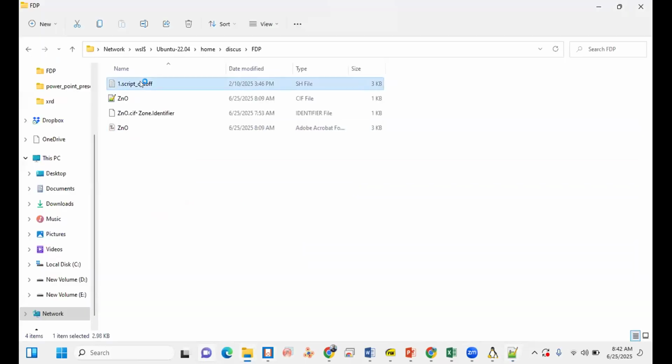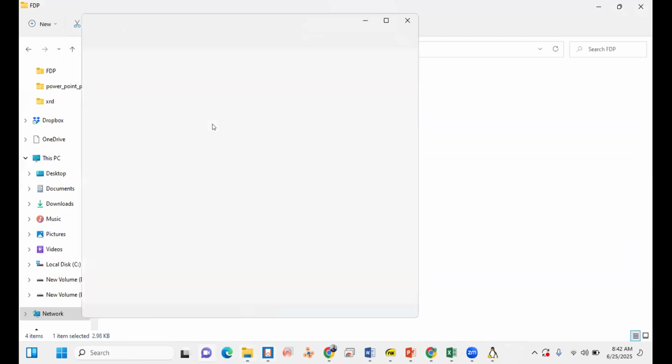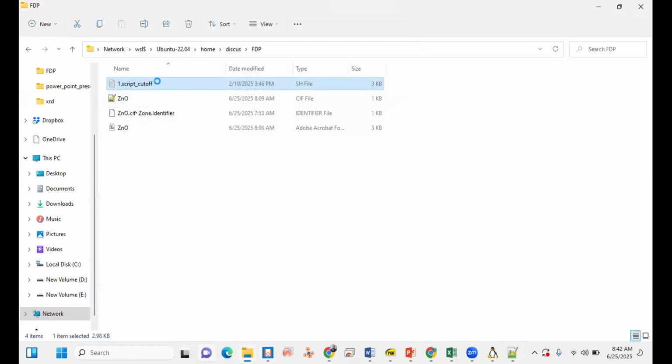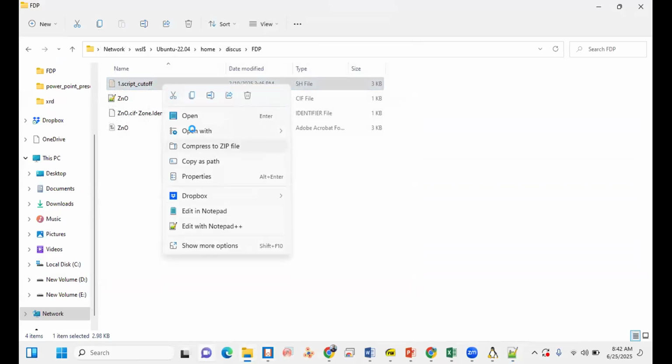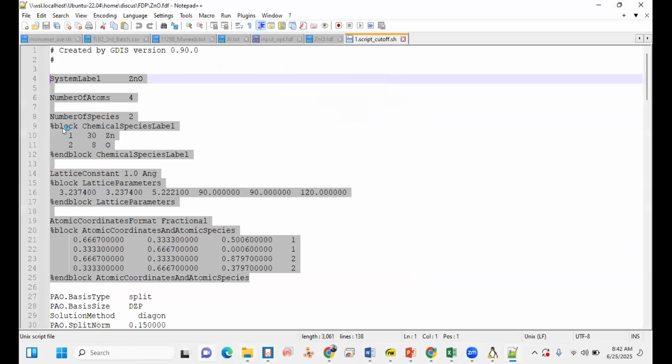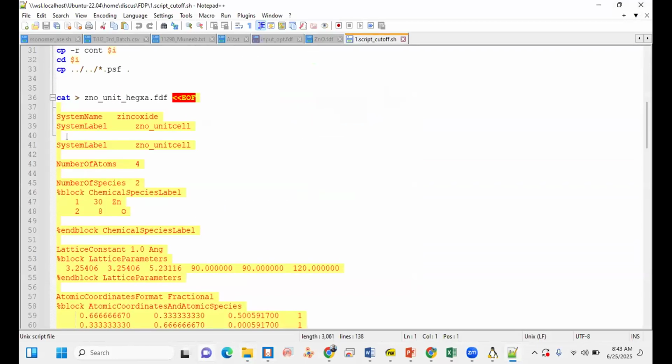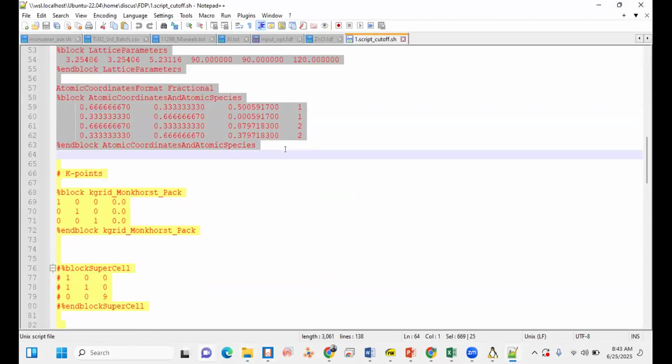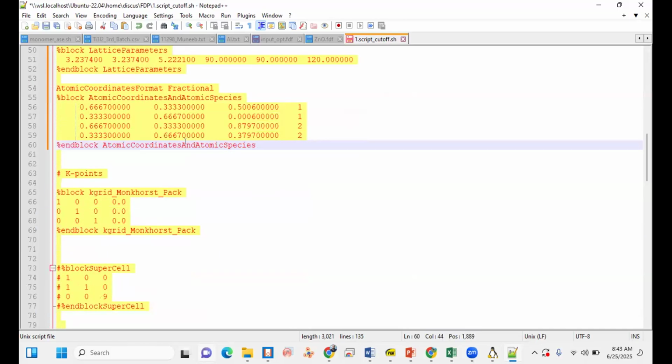We have a script developed by Professor Mohan and their team. So you can paste it from system label to coordinates.